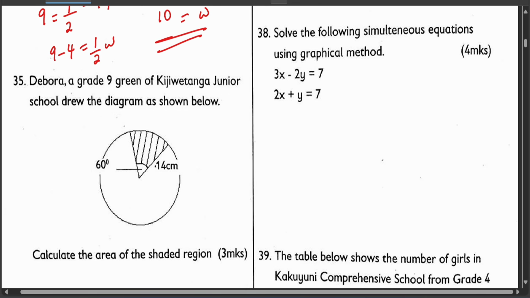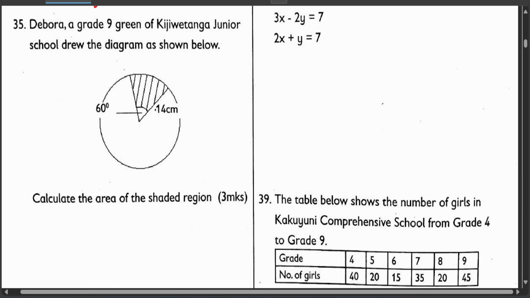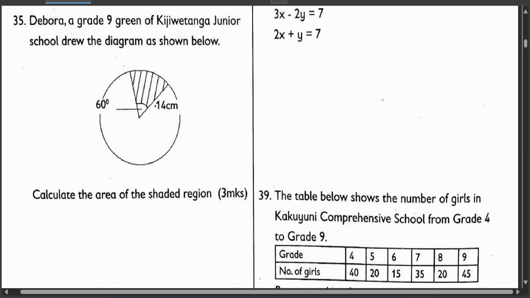Question 35. Deborah, a grade 9 learner of KJSEA Junior School, drew the diagram as shown below. Calculate the area of the shaded region. Now for you to calculate the area of a sector, because most probably this is a sector, is given by theta over 360 pi r squared. So your theta is given as 60 divided by 360 times 22 over 7 times r squared, which is 14